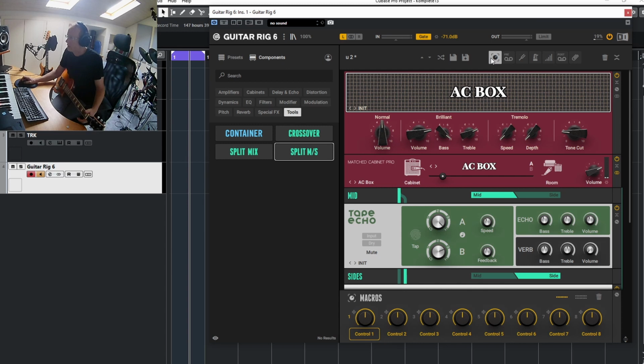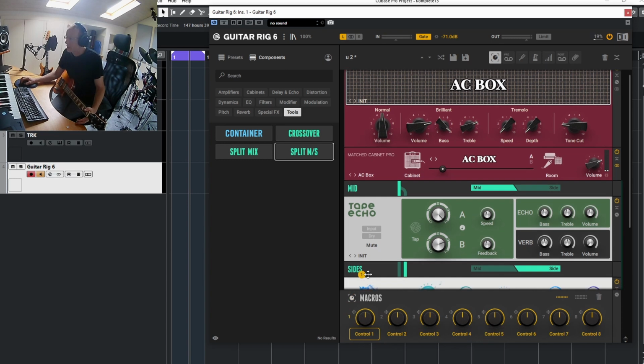We can do that in another video. The macros will give you the option to automate and to have some control over any parameter. So I'll do this very quickly. Just drag this one and drop it on, for example, the tape speed here, and as I play,